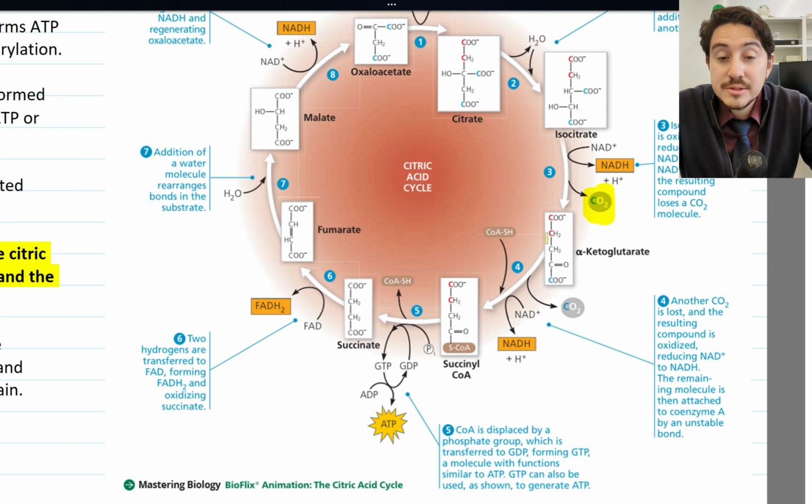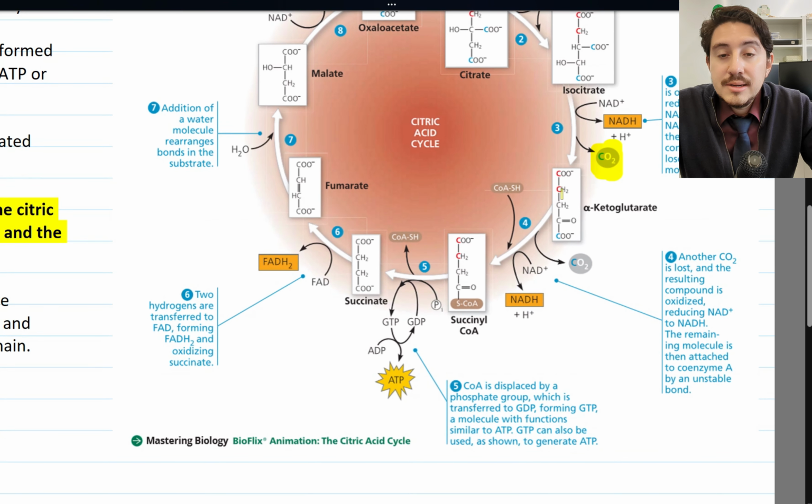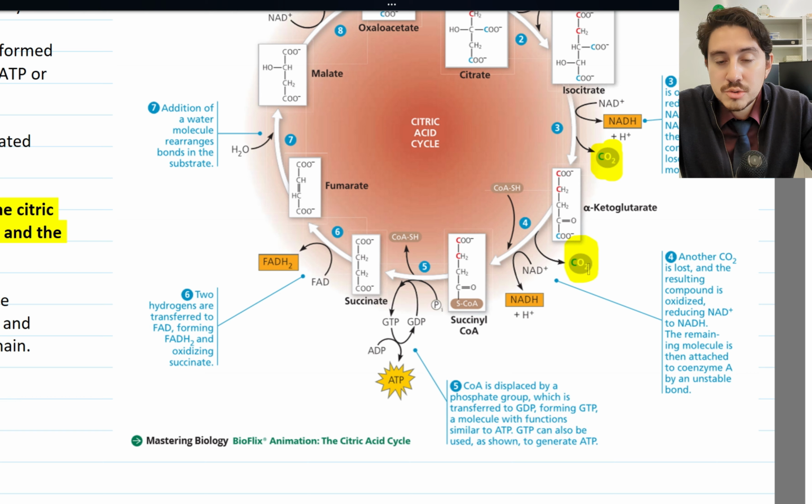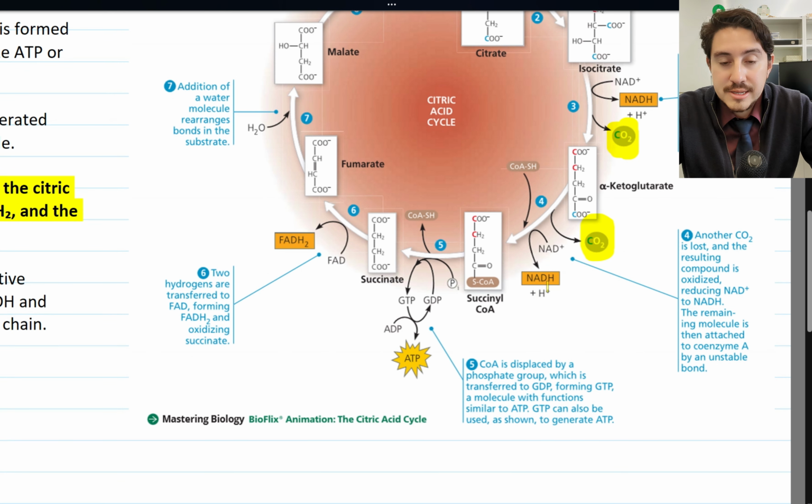Look at the carbon numbers. You have 1, 2, 3, 4, 5 carbons. And then when it turns into this, you get another carbon dioxide being removed. Again, there's a lot of interplay between the structures of these intermediates. Ultimately you want electrons to be removed from these molecules. Carbons are also being removed as electrons are being liberated and placed into NADH. Carbon dioxide is released here, and you get NADH. As you get this molecule, now you have a 4-carbon molecule called